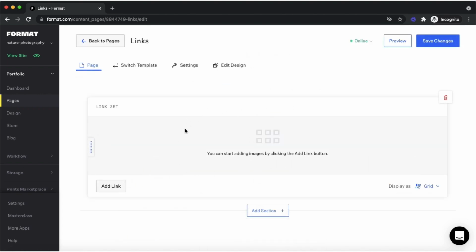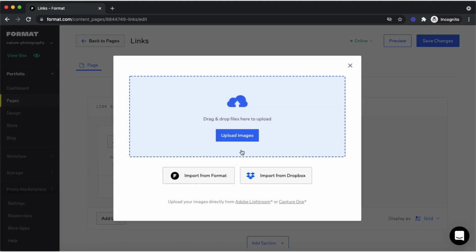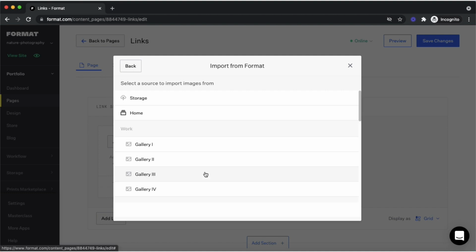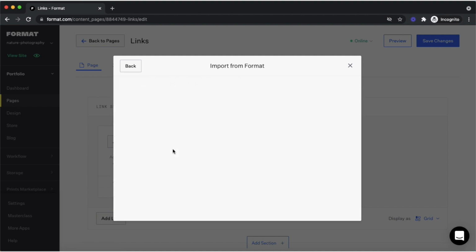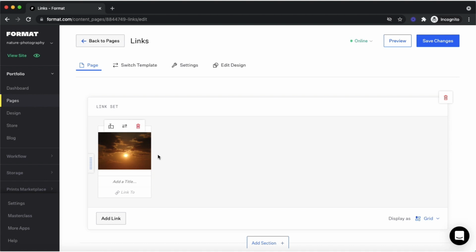Once within the editor, you can tap the Add Link button over here to add a section where you can add an image. And in this pop-up window, you can upload images from your device, import them from Dropbox, or import them from already existing Format pages. I will import mine from an already existing page. I will tap on a page, then select an image, and that image will be one image of my link set. You can give this image a title,